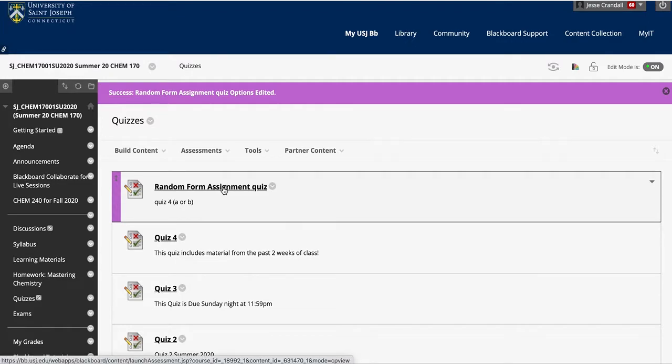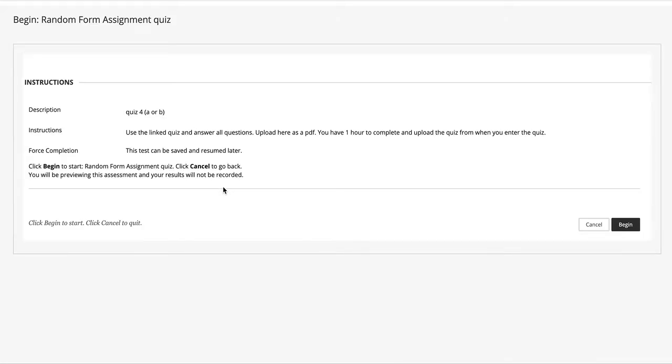This is the same thing a student would do when they go to take the quiz. Obviously, you could have it show up only at a certain time, disappear at a certain time. We didn't put a due date on this, but that's pretty straightforward, common to all other things on Blackboard. So I'm going to go into my random form assignment quiz. Now,